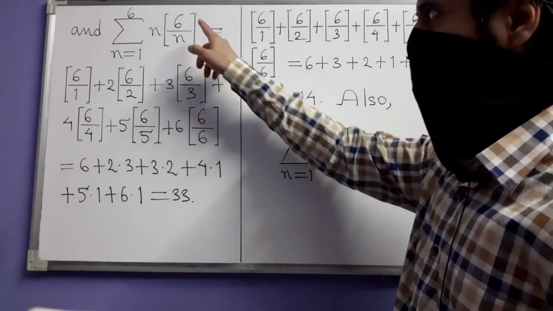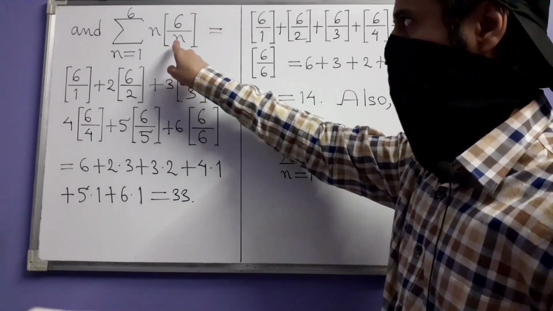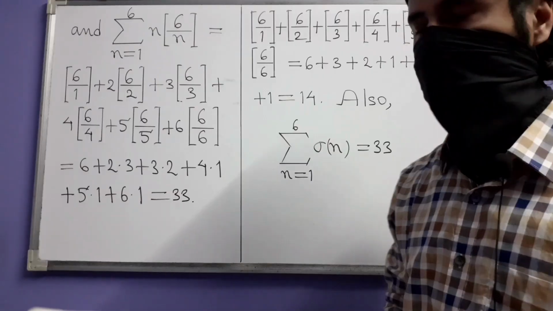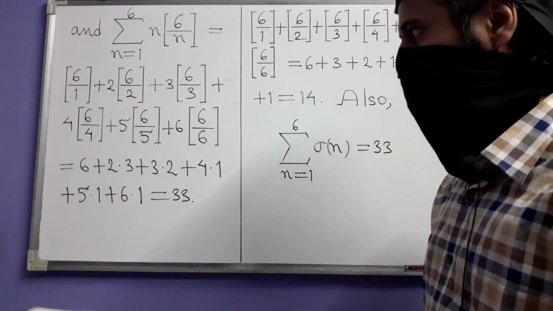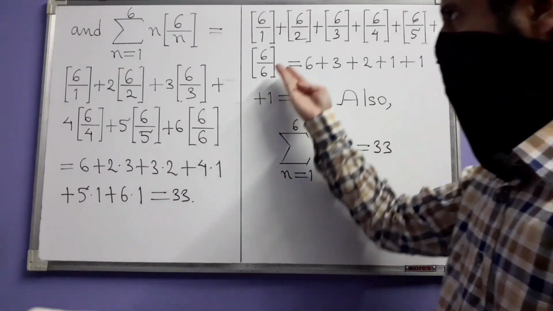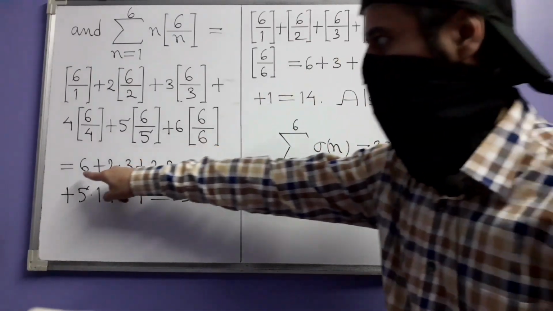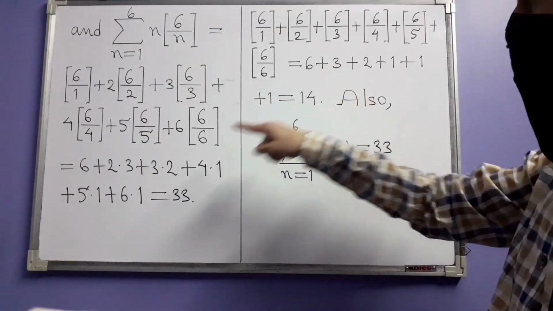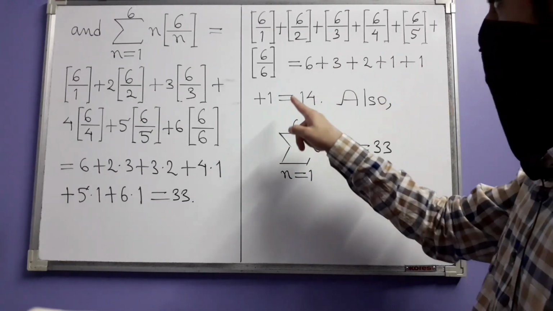This time we no longer have just the greatest integer values, but we have them multiplied by n. So that just gives us this sum, which turns out to be 1 times 6 plus 2 times 3 plus 3 times 2 plus 4 times 1 plus 5 times 1 plus 6 times